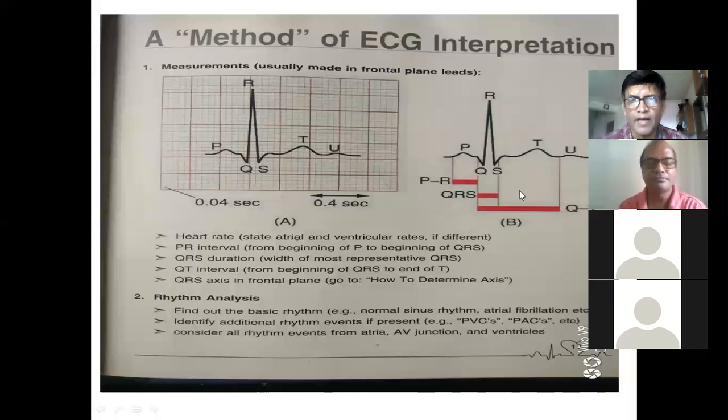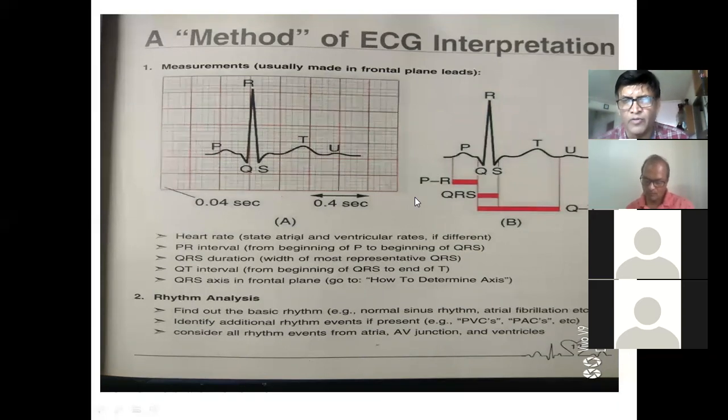Okay. So today we are starting how to report an ECG. Last time we took about the basics of ECG. Today is when after you take an ECG, what are the things to look for? The first thing to look for is the heart rate. So heart rate you have to calculate, which I told you the formula, 300 divided by the number of big squares between the RR. What is RR?